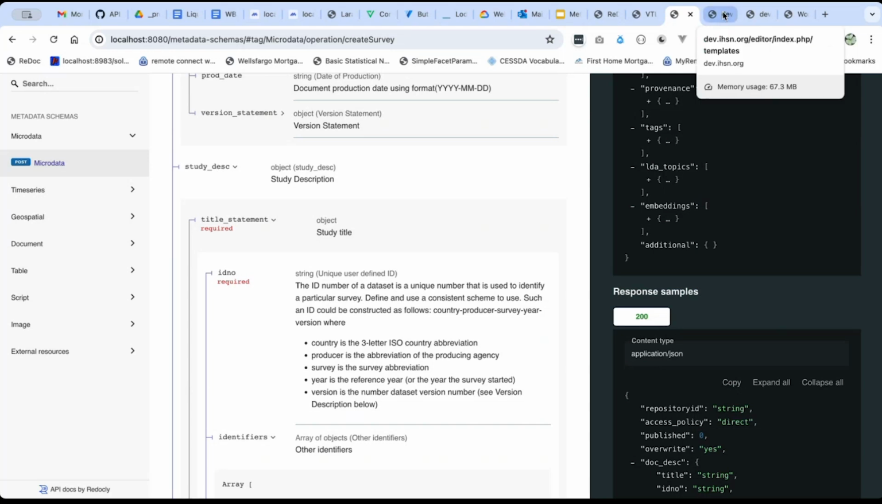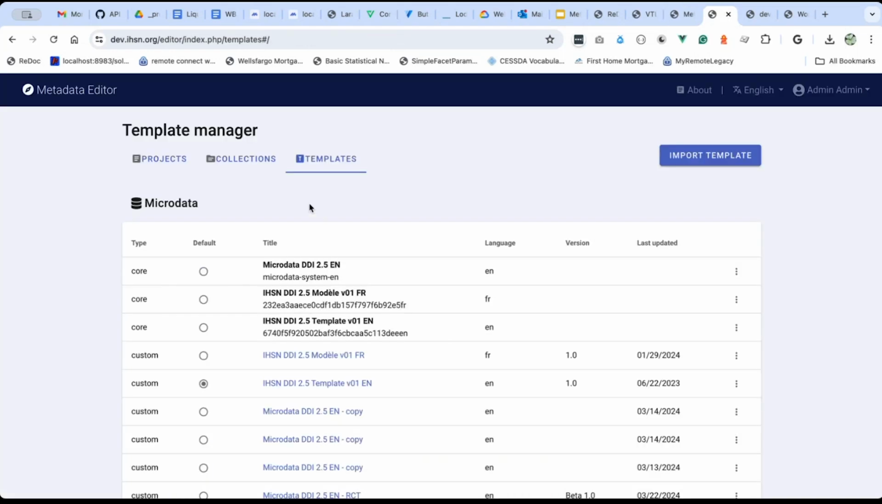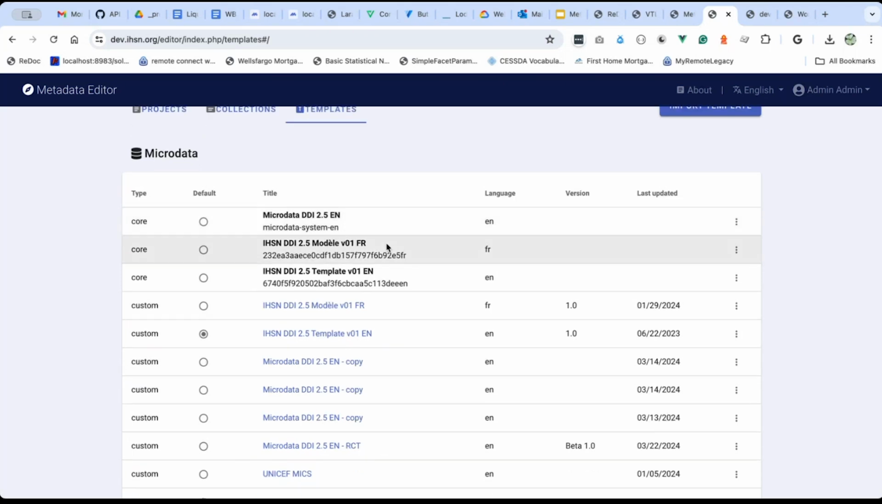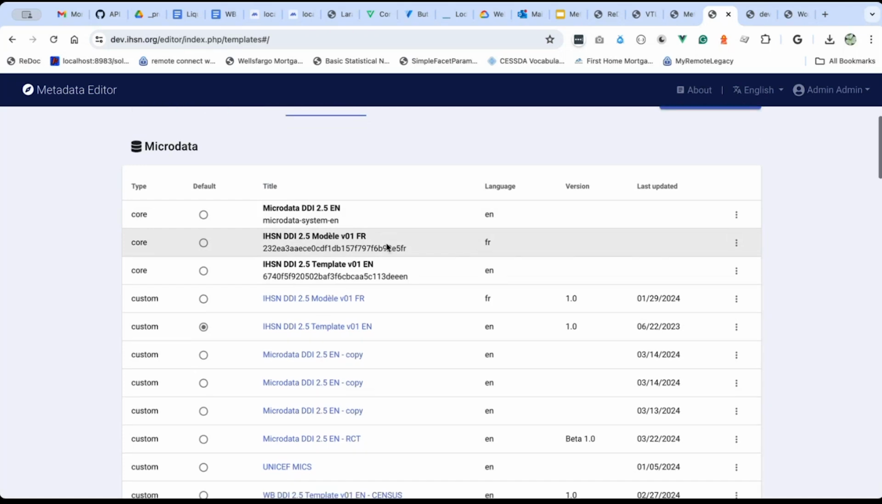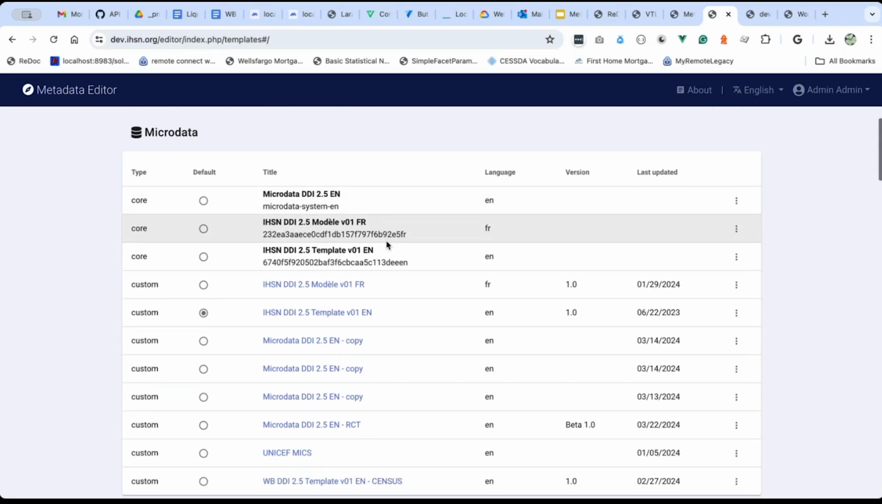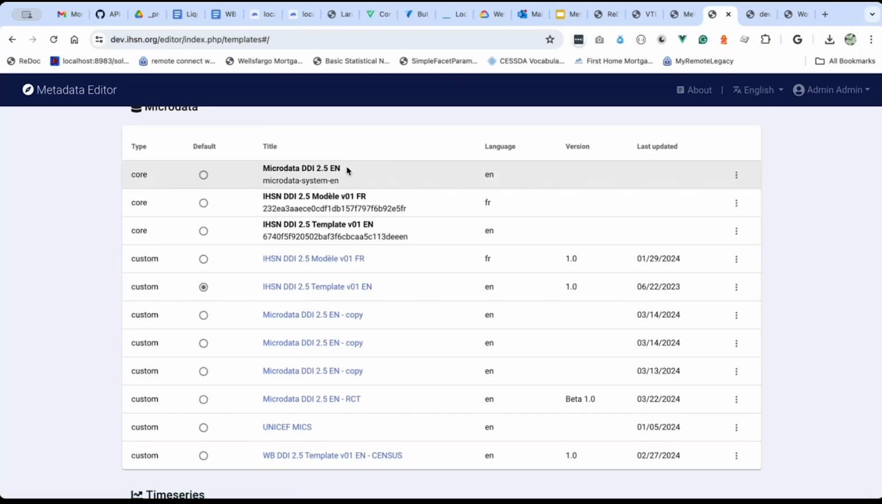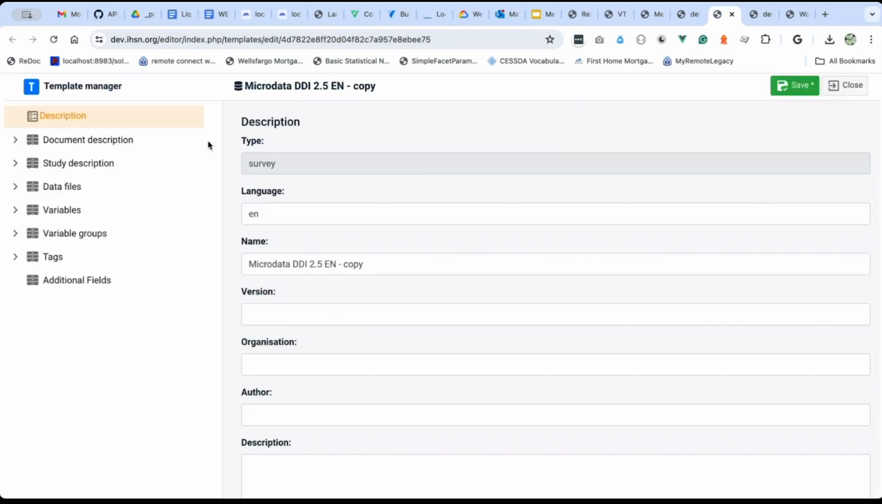So back to templates. If you are planning to document something using DDI, you don't want to use the full schema. And you might not like the labels that are used in the schema. You might want to change the labels, add your own help, descriptions, and examples. So with the template manager, you can create as many templates as you want. These are core templates that cover every element from the schema. So for example, I can duplicate, and using the template manager, I can then